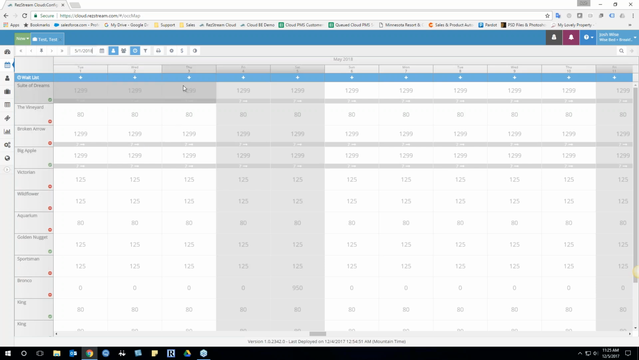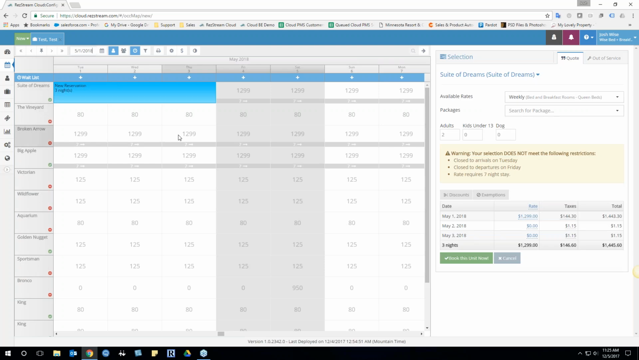So I'm just going to click and drag here 3 nights, Tuesday through Thursday, and then in this dialog box over here, you notice it's got this pop-up. And this is our checks and balances, and it's saying, whoa, hey, warning. Your selection does not meet the following restrictions. It's closed to arrivals on Tuesday, closed to departures on Friday, and the rate requires a 7-night stay. So hopefully, as you get familiar with this and you explore it and set it up and test it and train your staff around it, you're paying attention to these checks and balances or warnings